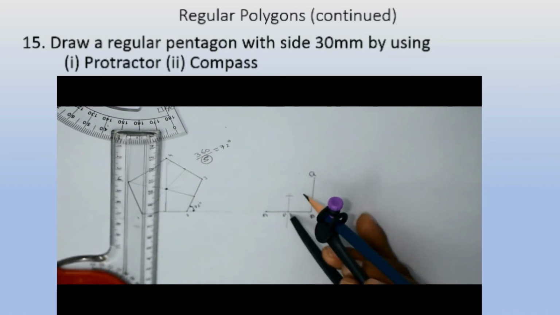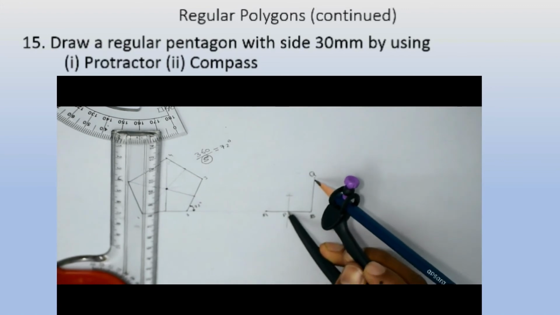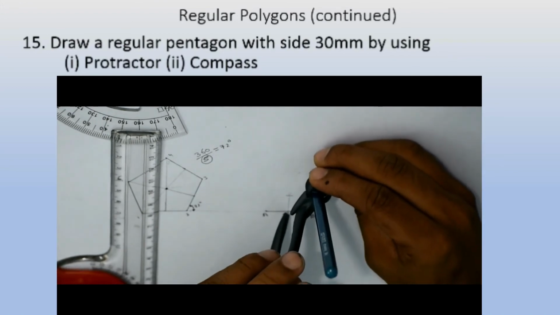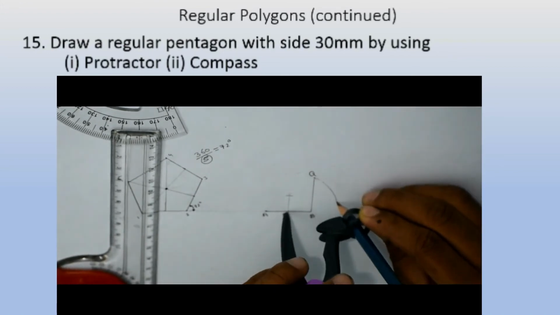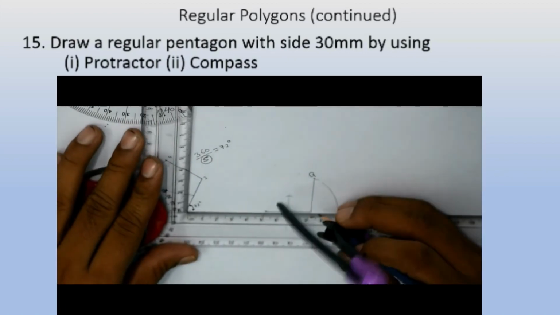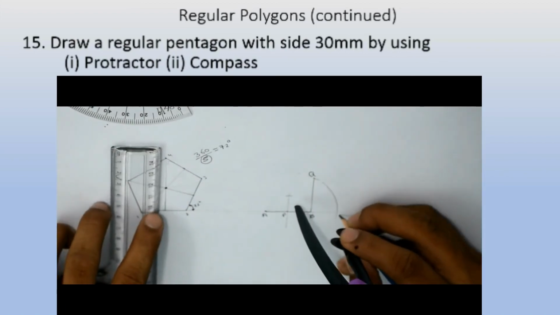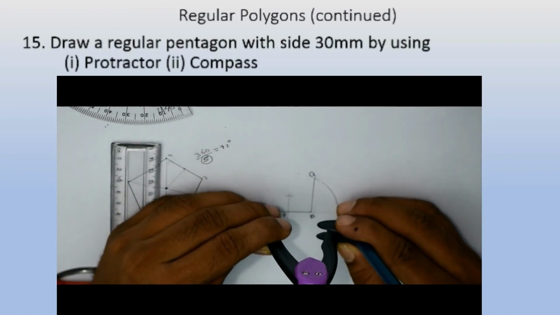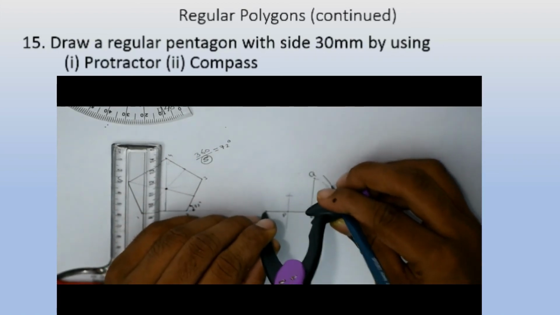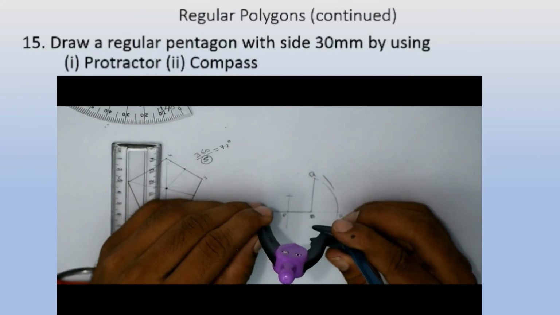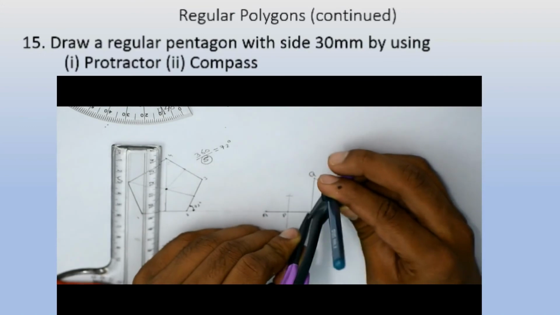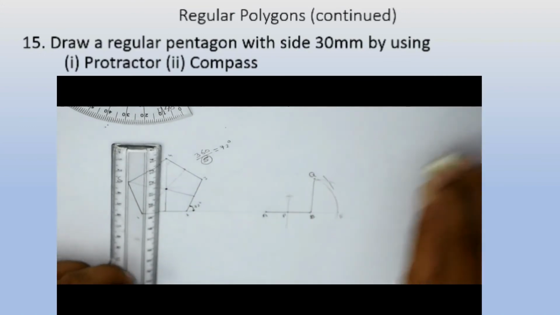Sorry, I will take the compass one more time, and I will keep it at the center, that is P, and with radius PQ, with center P, I will cut an arc here. You can find it at the baseline besides the point B, and then with center A and the distance AR, the point which we obtained, I have named that as R. I will draw one more arc here, and I will take the radius as AB, and I will cut one more arc, and these two arcs will meet at a point.